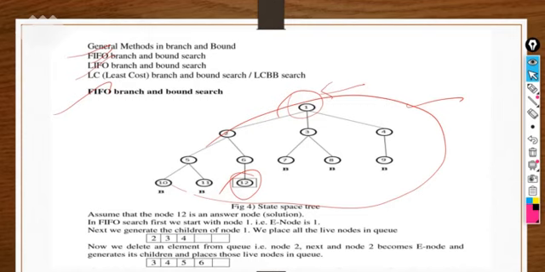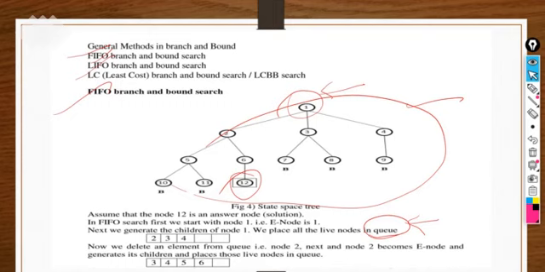As we know from data structures, a queue is used for the FIFO purpose, and for LIFO a stack is used, right? So to store the list, we use the queue in case of FIFO branch and bound search, and during LIFO branch and bound search, we use the stack data structure.